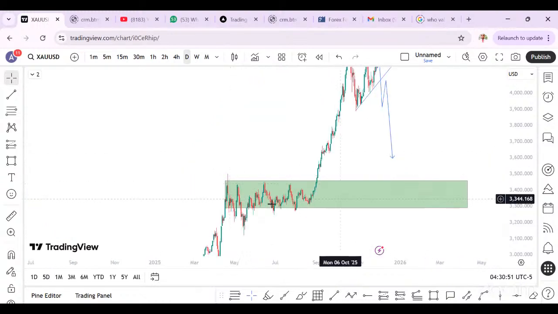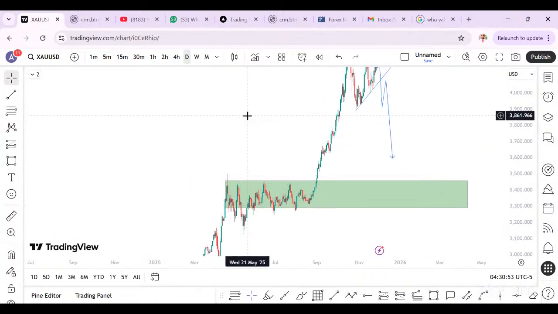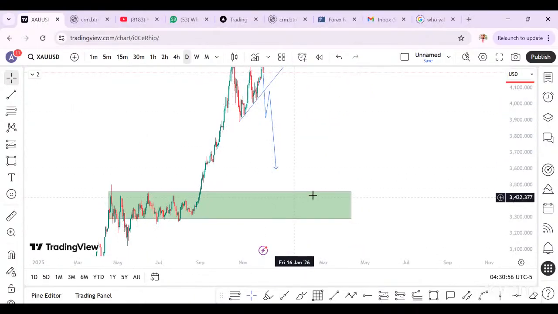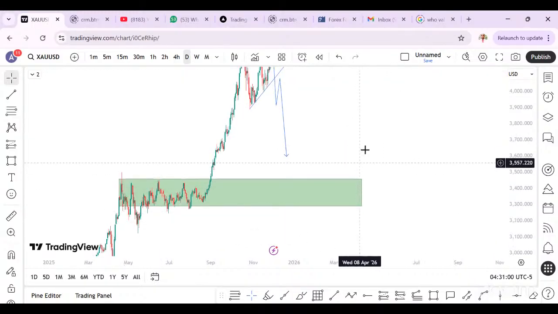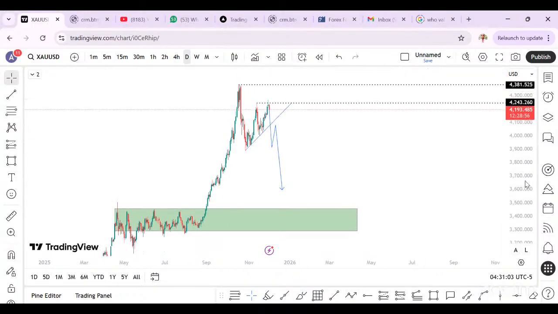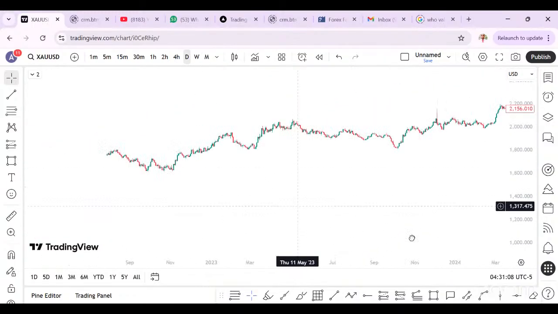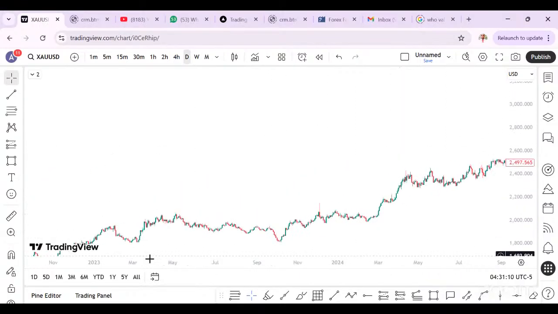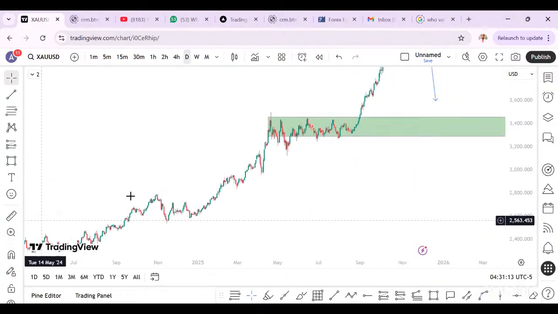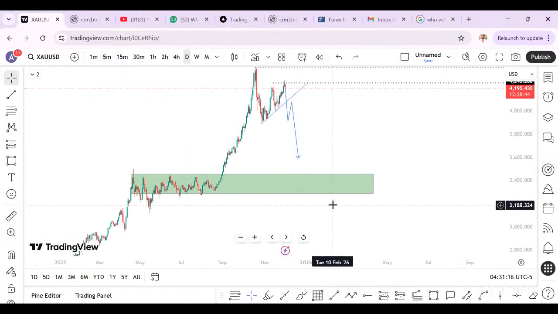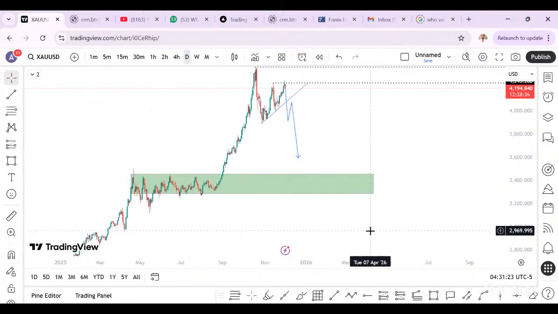Since it broke out from here, it has not come to retest. So let's say gold breaks out and settles at this place. By January, February, you now have another bullish run. That is where the money will be, because throughout the year, gold has been bullish. I can tell you, throughout the year. Despite some sells and some bullish moves, overall it's a bullish market. So if it gives us a Wednesday here, let it sell off, and position for another bullish move at the beginning of the year, even if it's February or March.